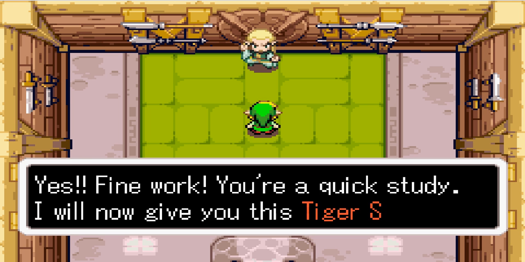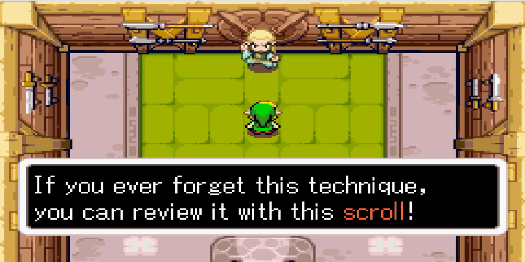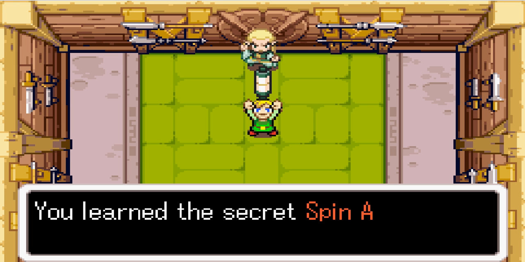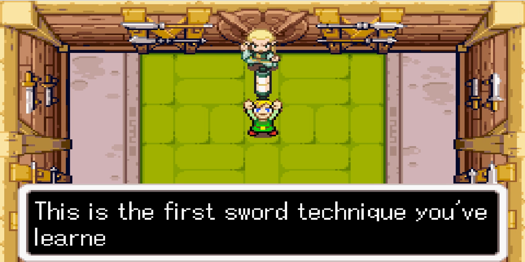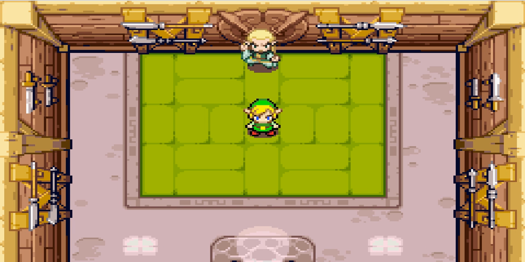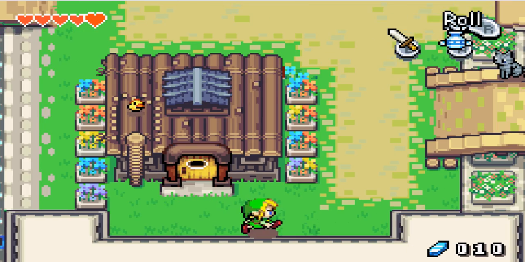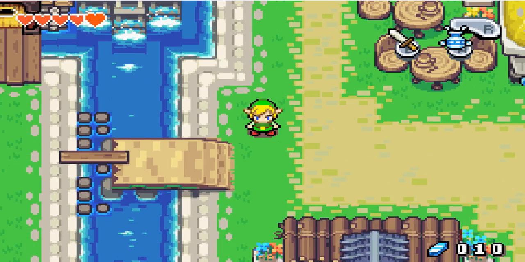Alright, so now we learned that. By the way, if you're watching this now, Joe is actually going to upload part 1 of his Let's Play of Kirby Nightmare in Dreamland today, which is another great game. We learned the spin attack. This is one of many Tiger Scrolls. Yeah, so watch that Nightmare in Dreamland thing. I really like it. I suggest you buy that game. And Joe's great. He's a great kid. So anyway,